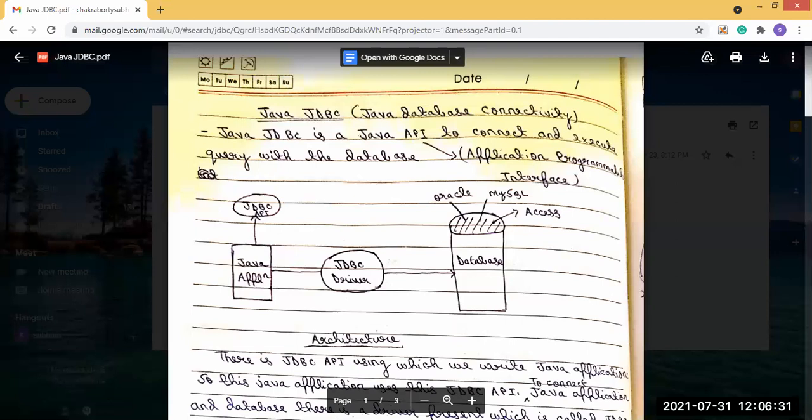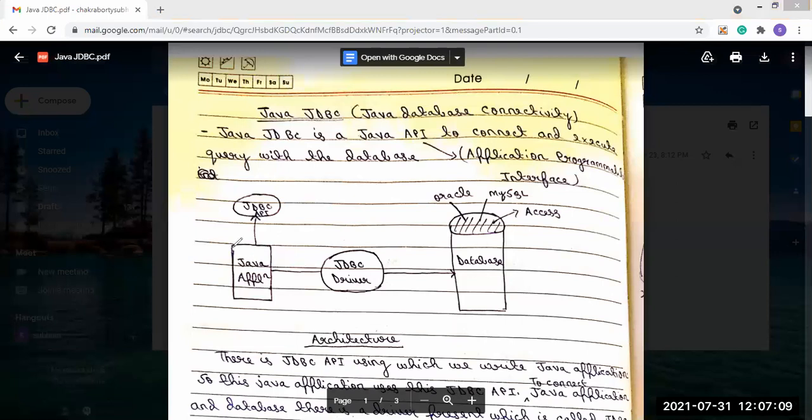Now, Java JDBC is a Java application programming interface, that means it is an API. This API is used to connect to the database and execute queries.